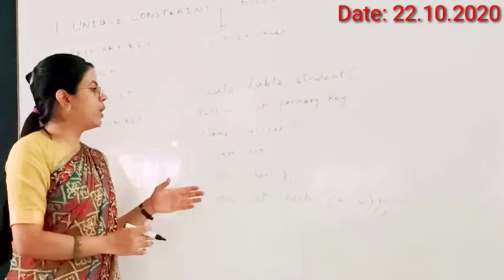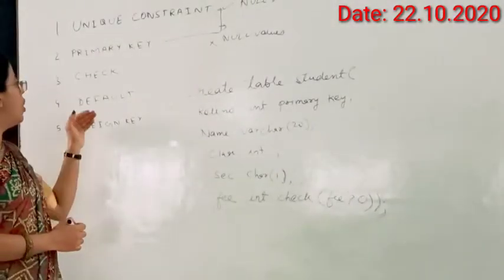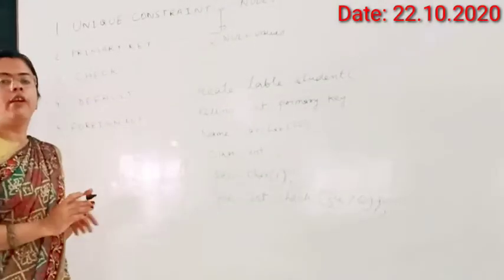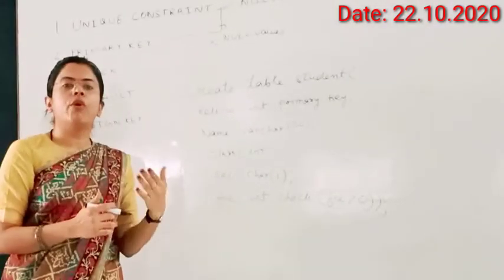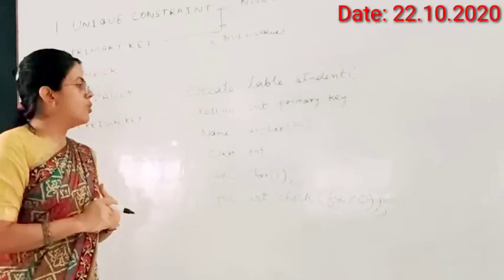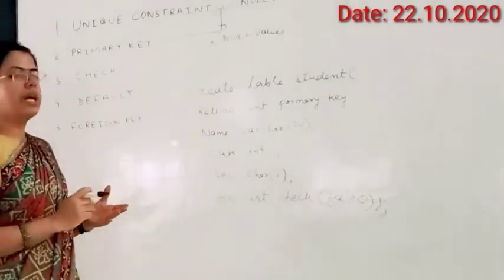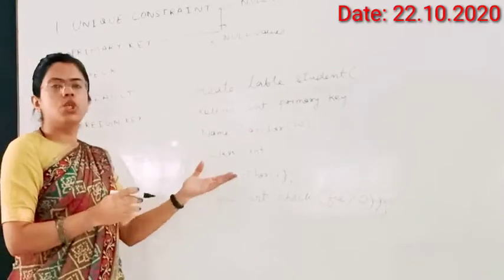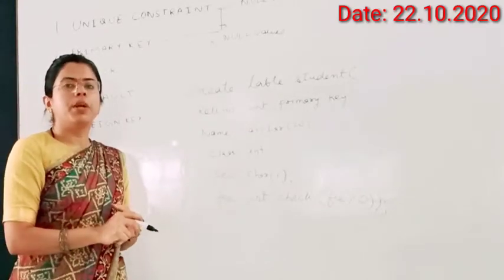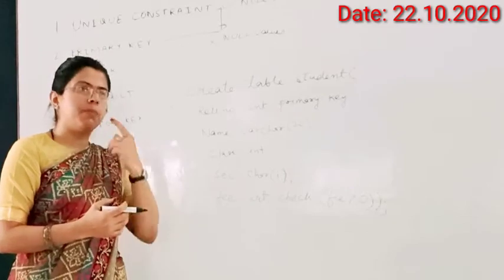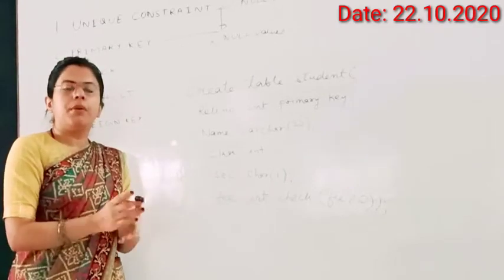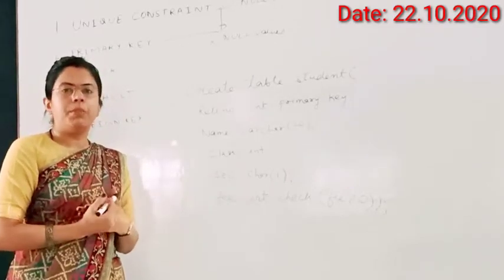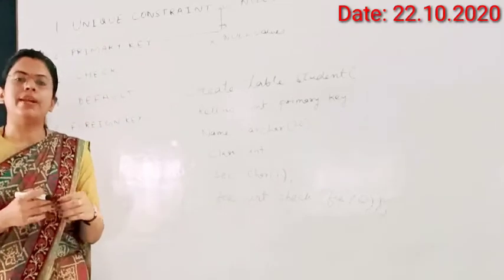According to your requirement, you can apply these constraints. Now, what is the default constraint? Default constraint means if you want to put a default value into your table. So suppose there is a field of grade, or maybe there is a section which I want to fix for a particular student, suppose I am creating the table for 11C or only for 11B. So I know the section. I don't want to enter it every time.